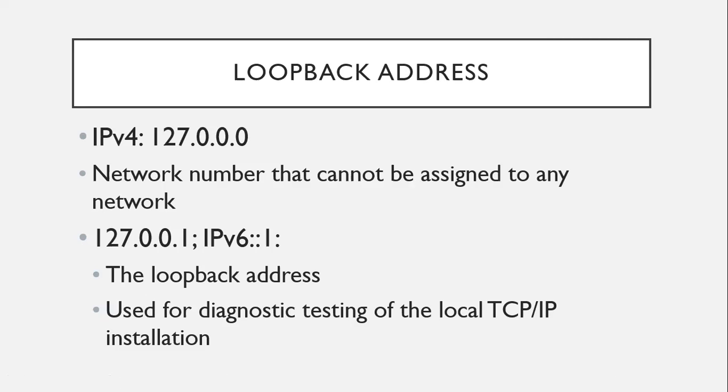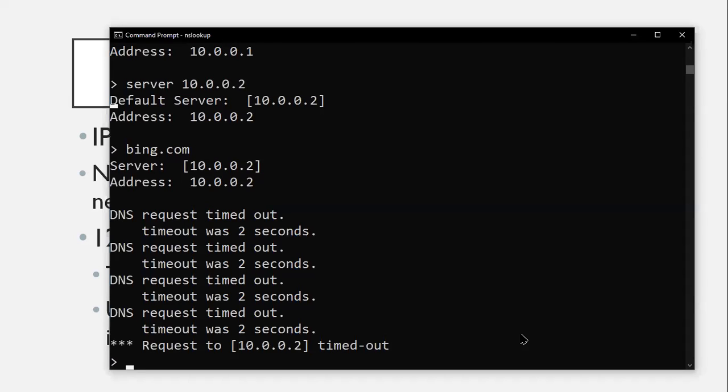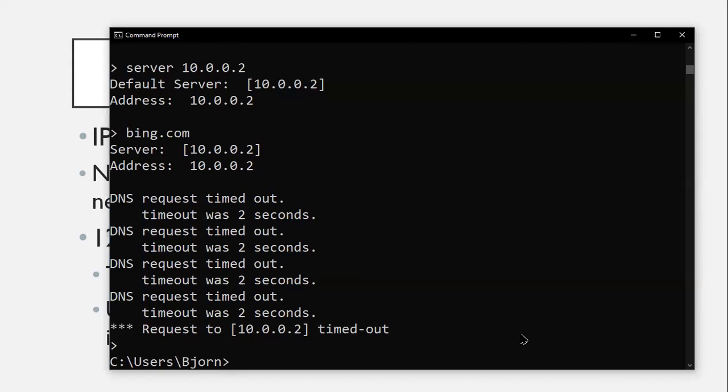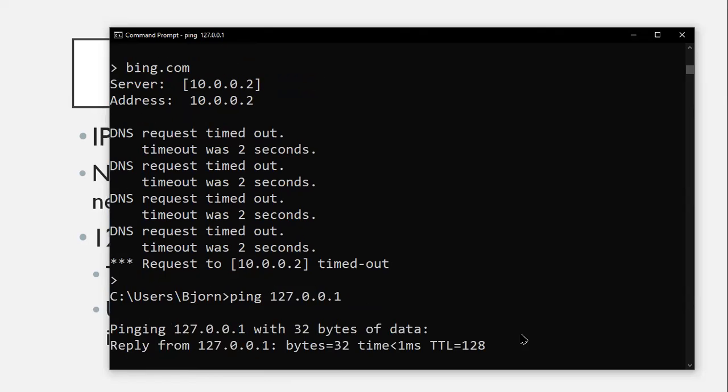The loopback address is not used by anyone, and it cannot be assigned to any device or network, as well as this one, 127.0.0.1. It is called the loopback address, used to check if your TCP/IP settings are working on your computer. So how do we do that? You just ping the loopback, the IP address 127.0.0.1.